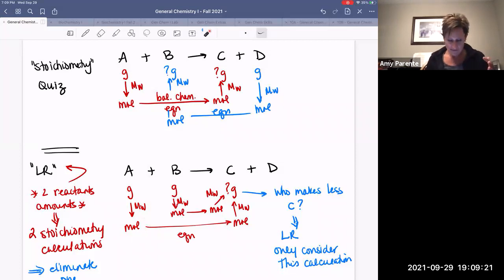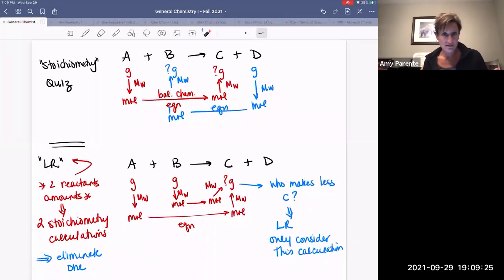Okay, so just kind of a big picture overview of Unit 3. But the skill that you're going to see on Thursday or Friday's quiz is going to be this kind of level 1 stoichiometry, if you will. But we're still going to work through these level 2 limiting reactant problems today. And then we'll see where we're at. I'd still like to spend some time, and I will go